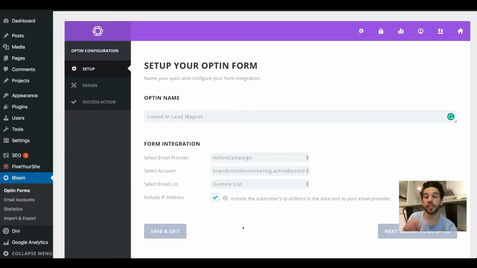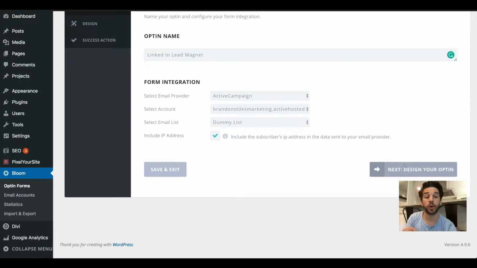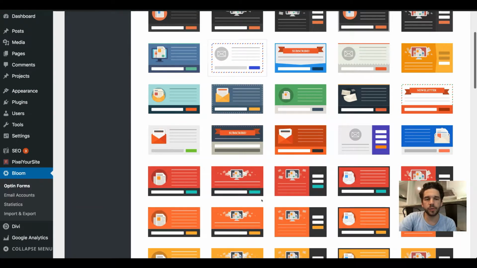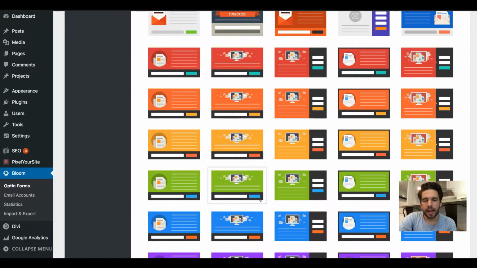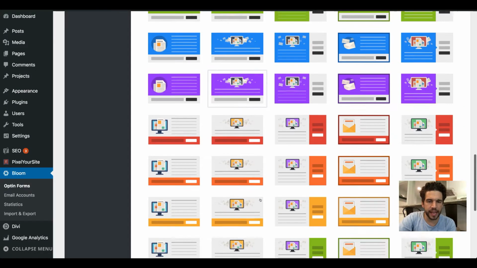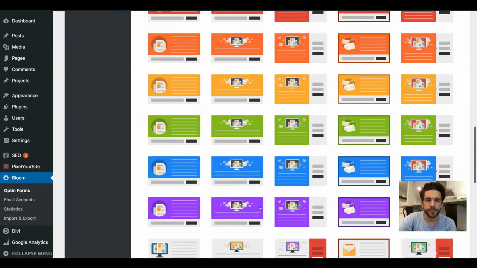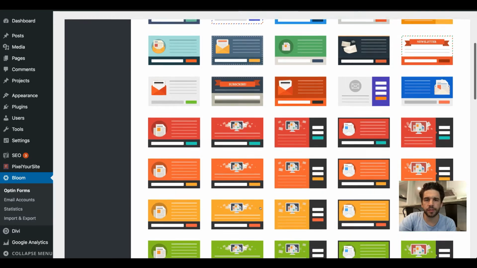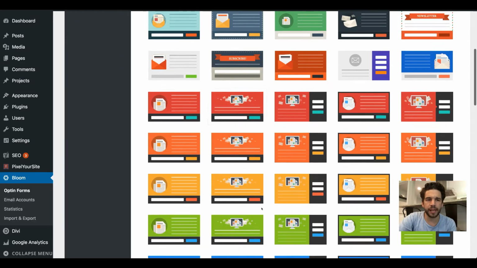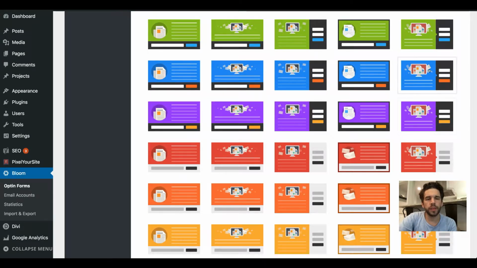And then I am not going to click save and exit. I'm going to scroll down, and now we're going to design our opt-in. Now there are a lot of options here when it comes to designing, but I kind of ignore these because if you look, they're all kind of the same, maybe just with different colors. So maybe you can choose one that's based on your theme that you like a lot and then just go with that one. A lot of times I'll pick this little blue one with an image, 2 opt-in boxes, a